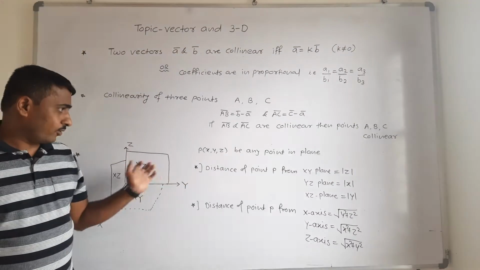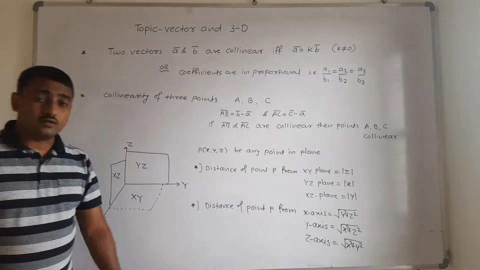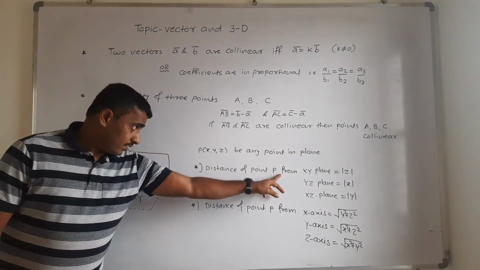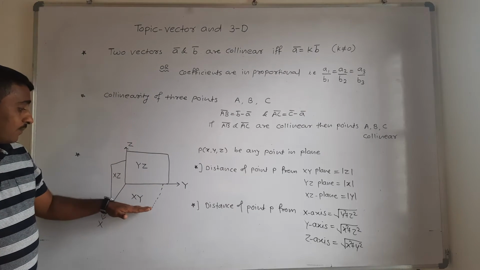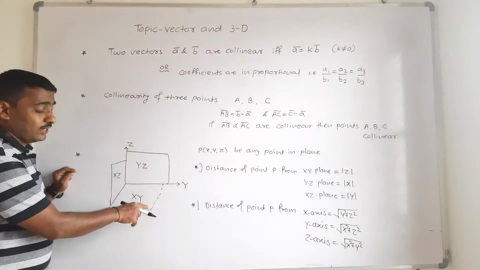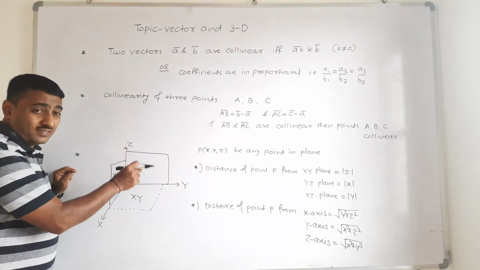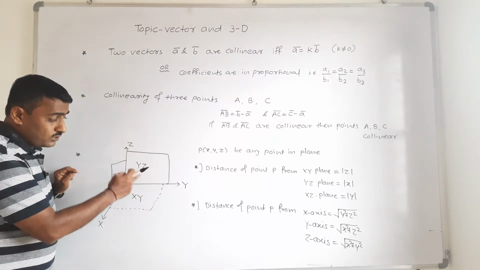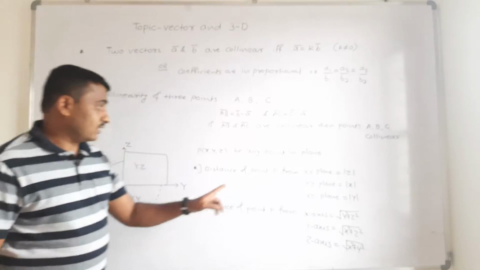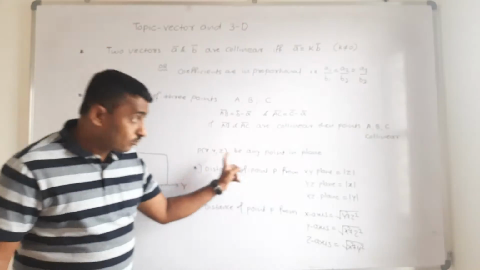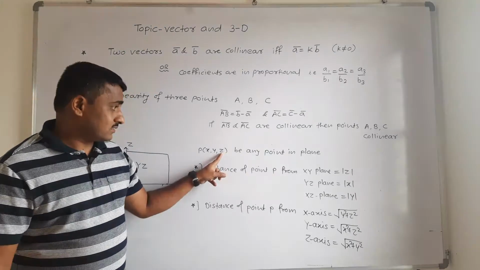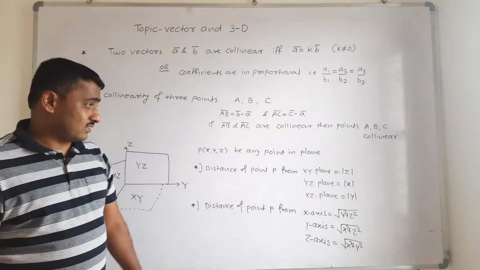Plane मध्ये कुठेही आपण एक पॉइंट घेतला. Distance of a point P from xy plane. त्या पॉइंटचा xy plane पासूनचा डिस्टन्स, that is point is in space मध्ये, therefore its distance is on z. It is therefore the z coordinate of that point with modulus sign. Its distance is positive, therefore we take modulus z.